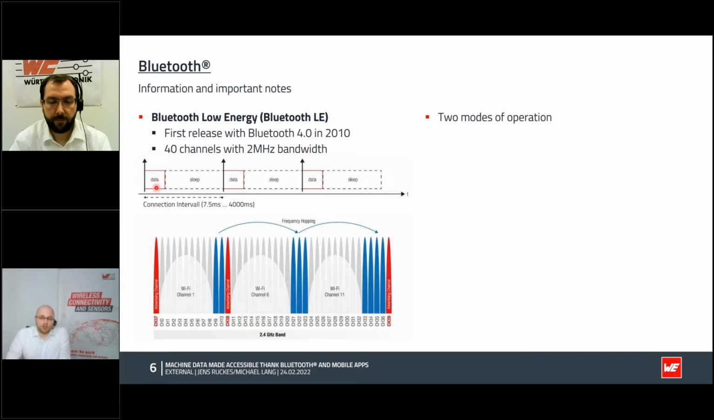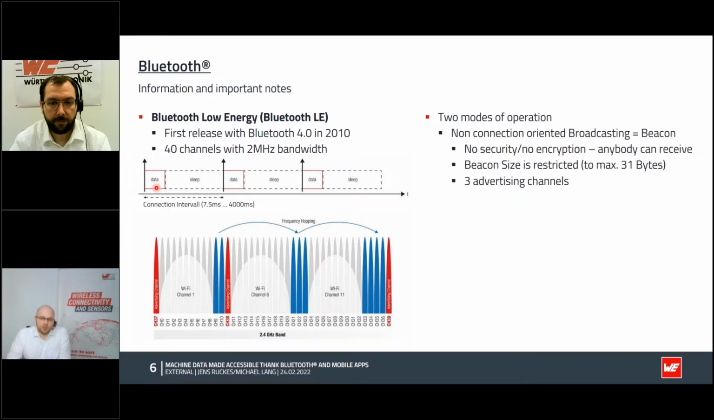There are 2 modes of operation in the Bluetooth Low Energy part. The first one is a non-connection orientated communication. It's a broadcasting, or it's called beaconing in the Bluetooth world. And important to know is that there is no security or encryption usable, as anybody should be able to receive the messages. The beacon size also is restricted, and to know is also important that there are 3 advertising channels